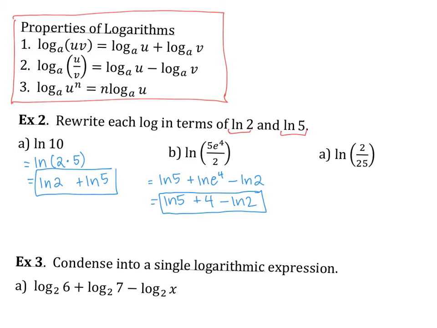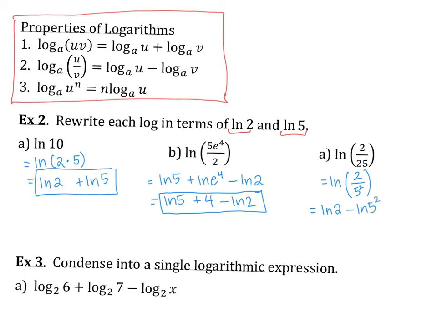Okay, I'm going to keep going. C, there's more than one way to do C. I think I'm going to rewrite it with an exponent because there's already a nice 2 at the top. I'm going to make this 5 squared. If you do it differently, I'll show you how to do it differently too. Okay, so if I want to rewrite this using the properties, it would be ln 2 minus ln of 5